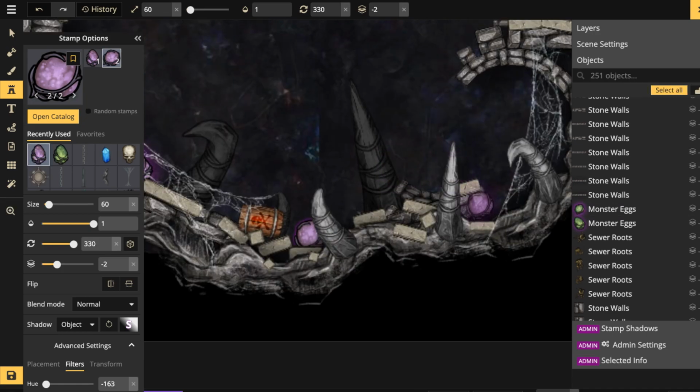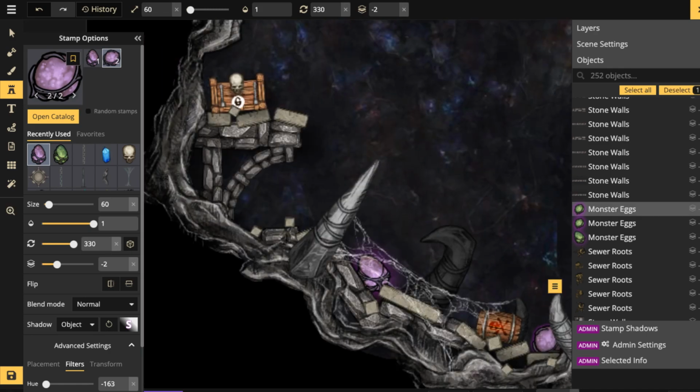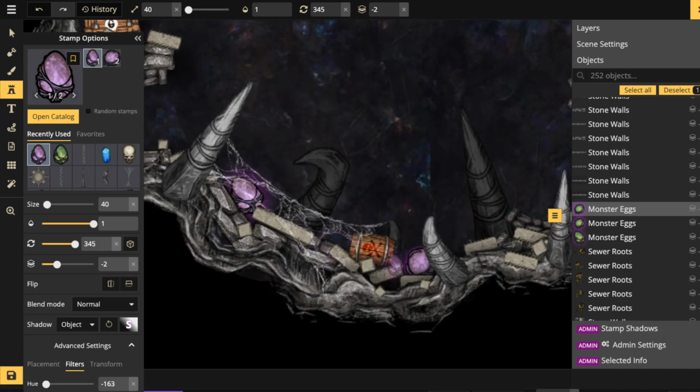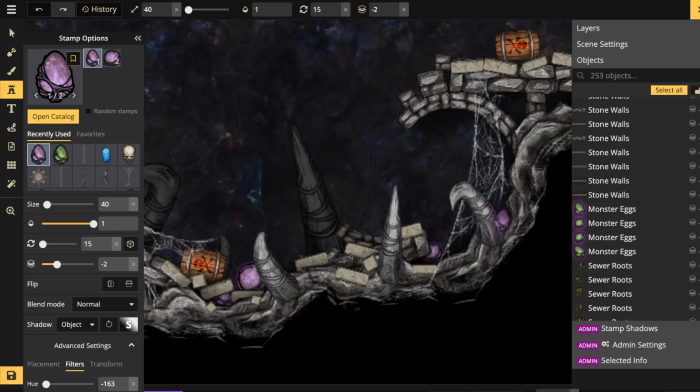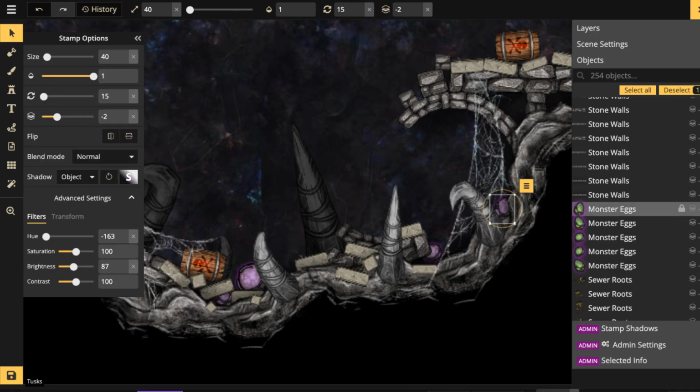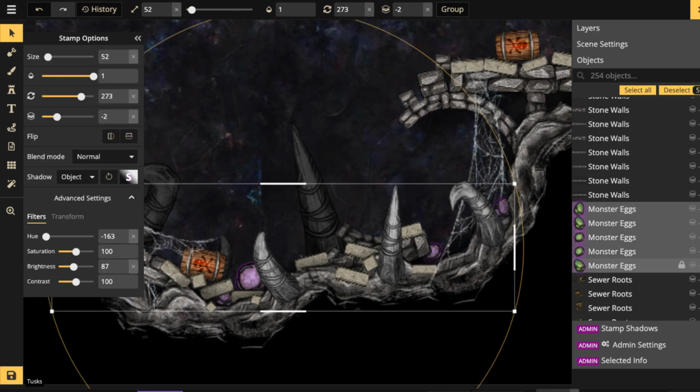Let's just put a bunch first in each section around here. So each one, we'll add in a bunch. Let's put in a smaller one over here too, and then add another smaller one right here. Okay, and now we want to select all of these monster eggs and drop